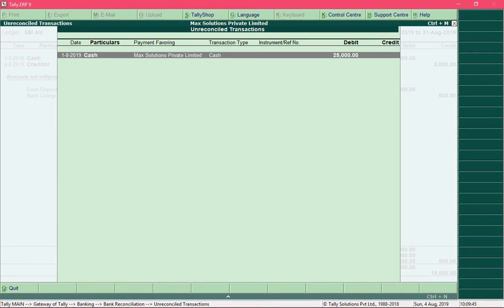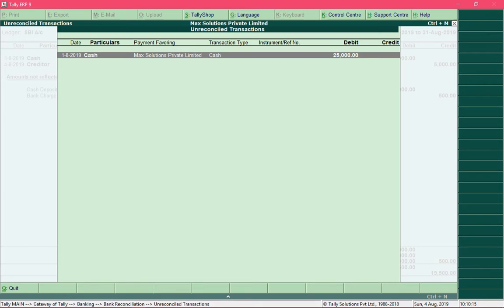So over here in this screen there would be multiple entries with the same amount of rupees 25,000, and you need to select the appropriate matching entry with the bank entry. So what Tally does is it considers the amount based on which it will select the entries for the given period, and you need to select the matching entry which matches with the bank entry.